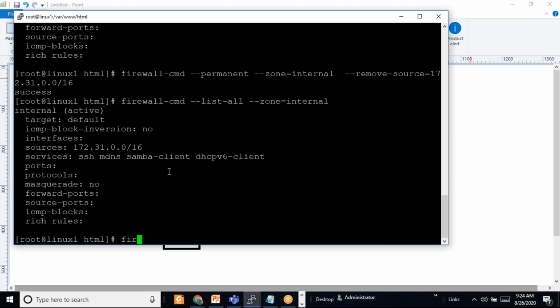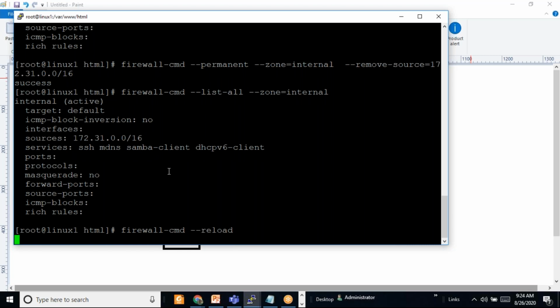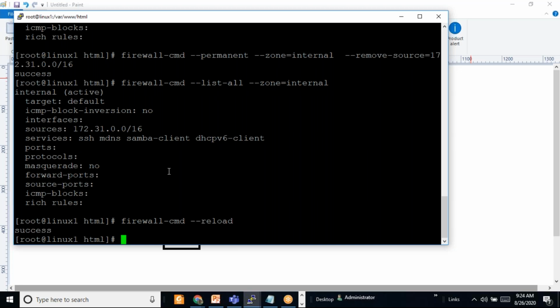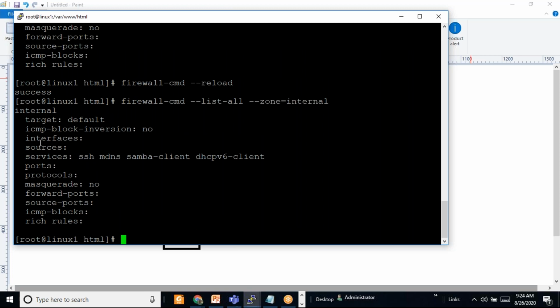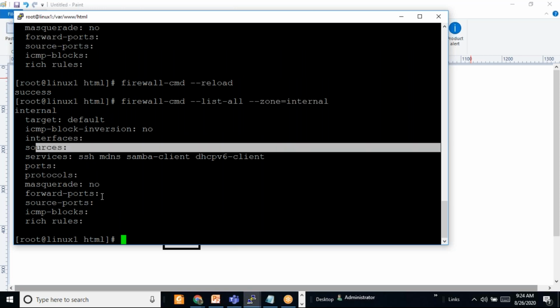Whenever you do this, we have to do the firewall-cmd reload command, because when we are adding a permanent record, we have to reload it. Then only it will be active. So we can just list this, and we can see that no networks are associated with this zone, sources are not associated.